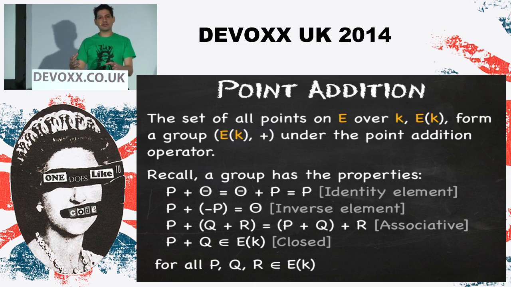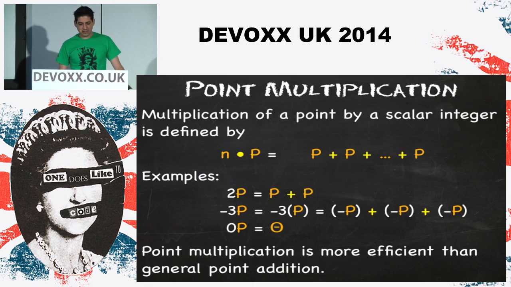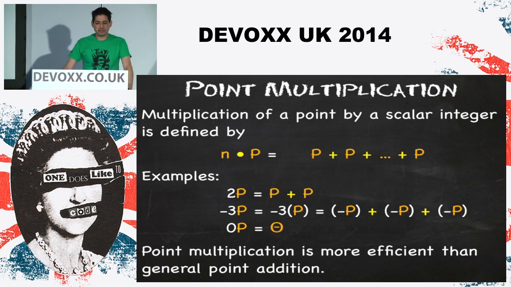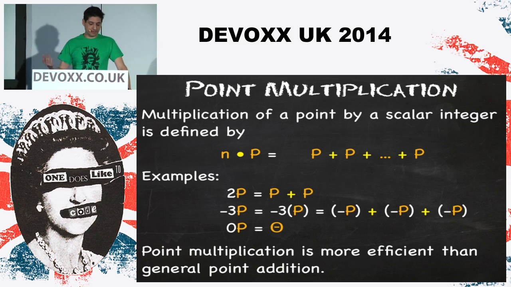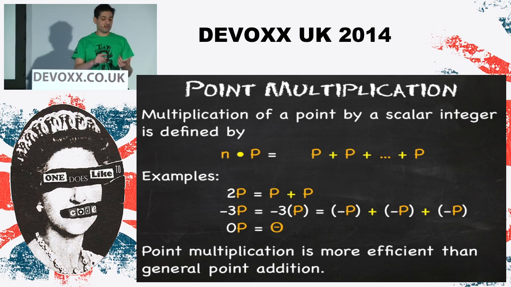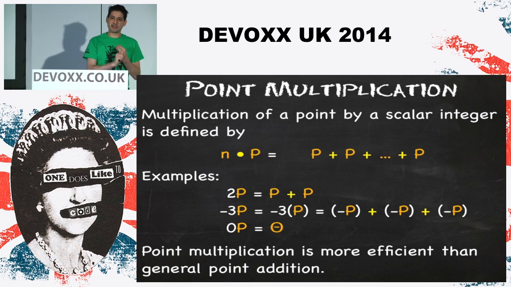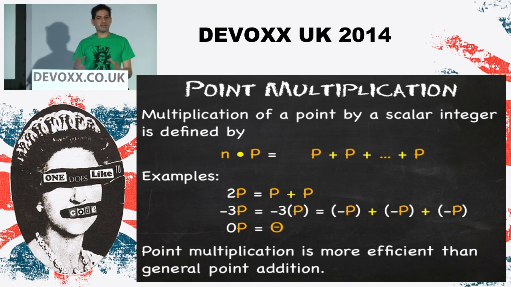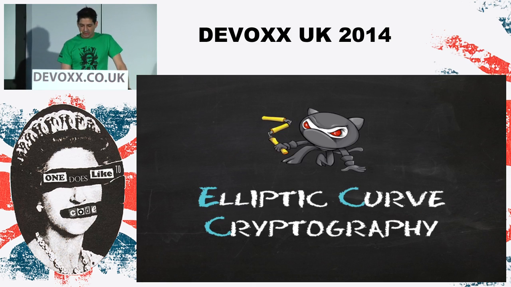The other part of the field was the multiplication operator. So we define that by saying you just multiply any point by a number n. It's just the same as adding the point to itself n times. So 2P is P plus P, and so on. So we now have a set of points, an addition operator, a multiplication operator. It's closed, it's associative, it's got commutativity for both of them. So we've got a perfect field here. It's a nice mathematical structure.